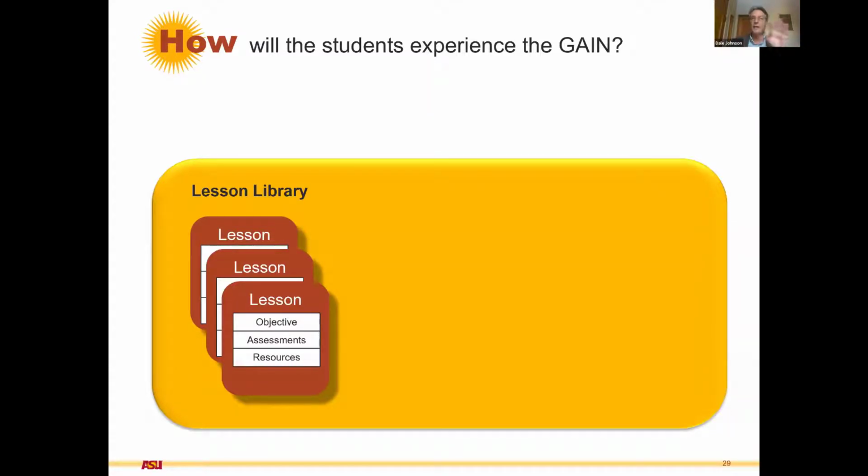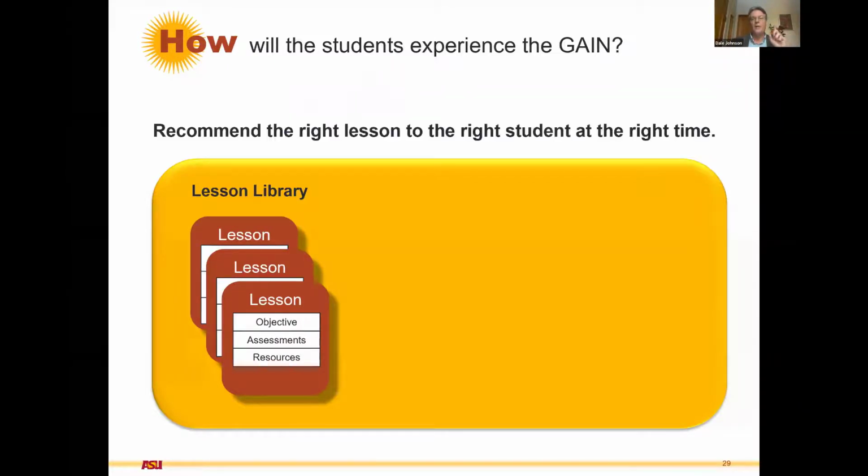And the student doesn't care about any of this. All of this is irrelevant for them. They only care about, give me the right lesson right now so that I can do well on the assessment. They're laser focused on the objective at hand because they may be juggling 5 other courses.